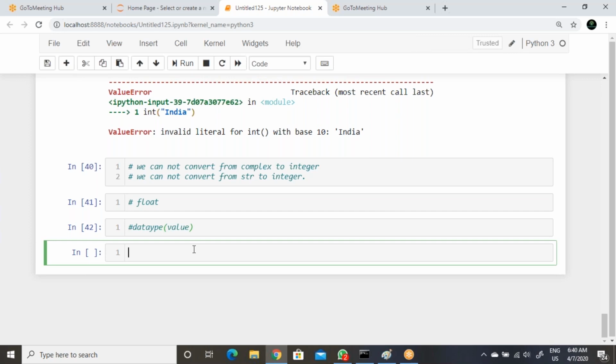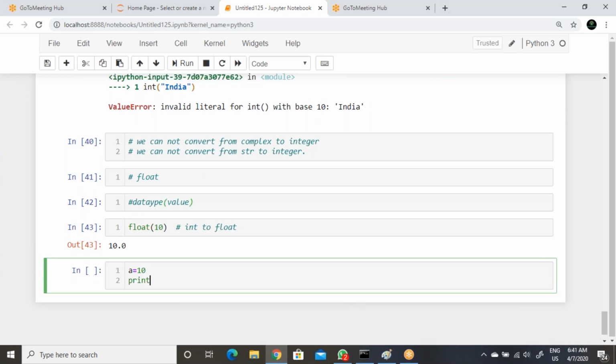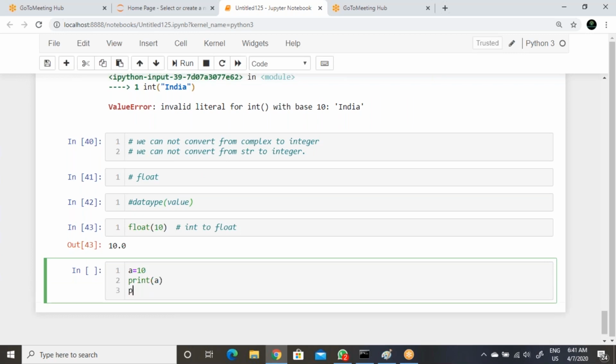If you want to extend your functionality, a equal to 10, then print of a, print of type of a. Then b equal to float of a, then print of b, then you need to check the output format also. Now execute here.